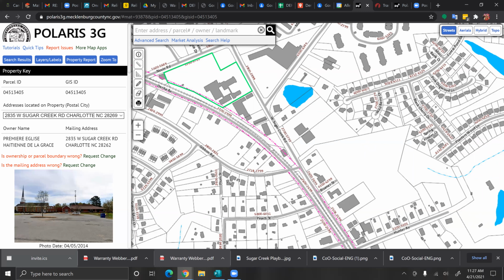This building will feature for sure in a special report, but lots of potential here. There is parking potential back here. This building, I don't know if that's worth keeping. But certainly this building has some historic significance, I think. It was the Derita post office at some point. It was a grocery store. So